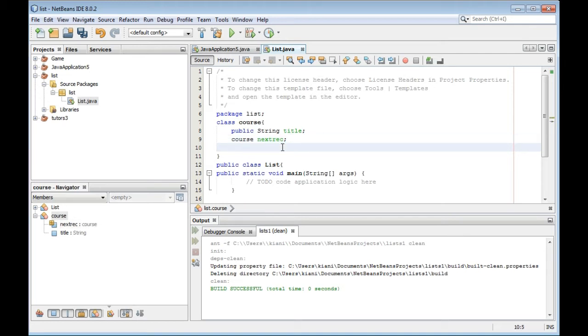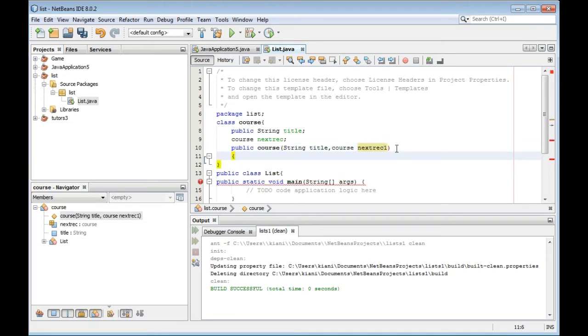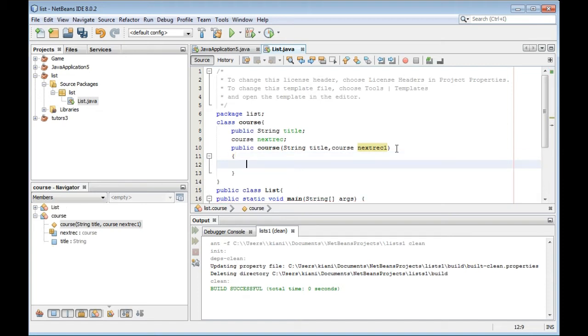Now we say that there is a constructor Course, and it will hold a string title and a Course next rec 1.